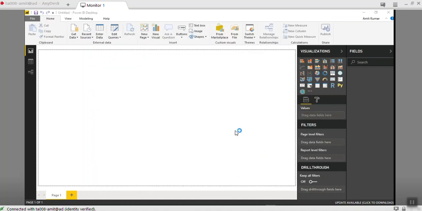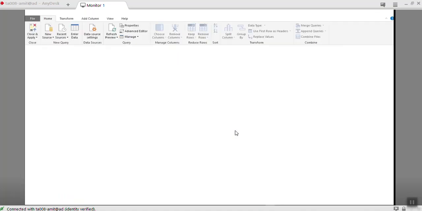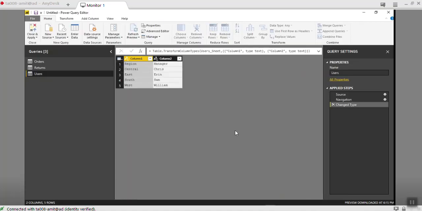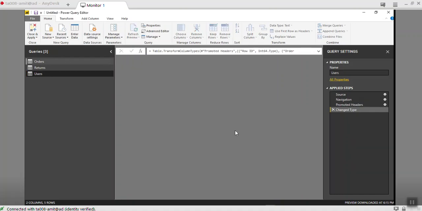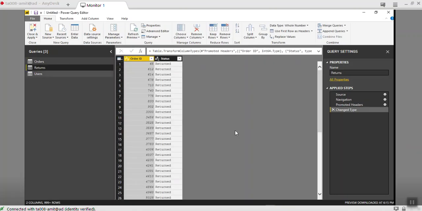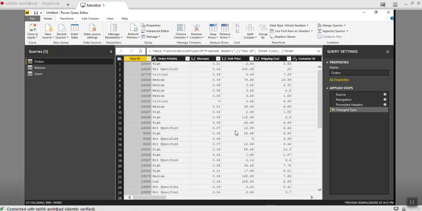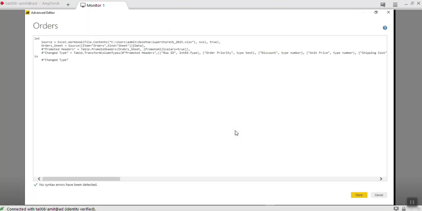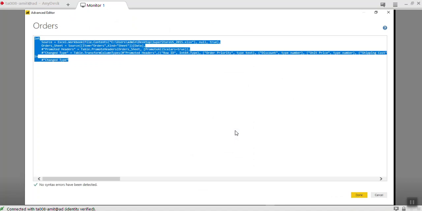So when I go to edit, as I told you, this is the backend query portal of the Power BI software. Here you can see, corresponding to one particular sheet, I got one query generated. So this is the query. If you go to the advanced editor of this particular query, then you can see the query underlying this particular sheet.